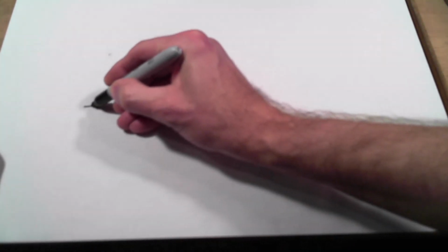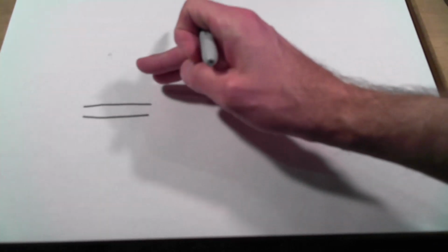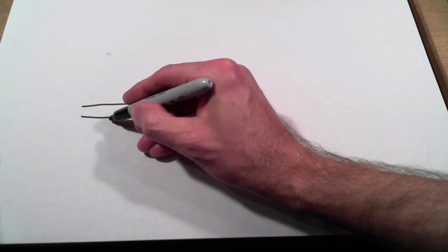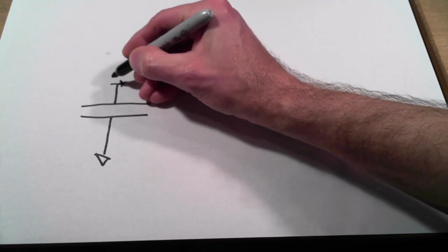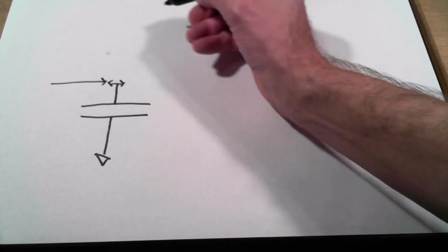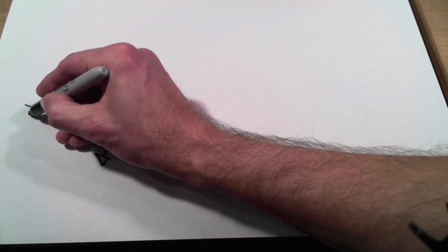So let's draw our circuit. I'm going to start out. I've got a parallel plate capacitor, and I'm drawing this as a capacitor that's sliding, even though these are sectors or semicircles that are rotating with respect to one another. Conceptually, it's the same. So I'm going to ground one side of the capacitor, and then on the other side, I'm going to draw a little switch that makes contact with my 9-volt battery when I'm at maximum capacitance. So we'll draw our battery here,